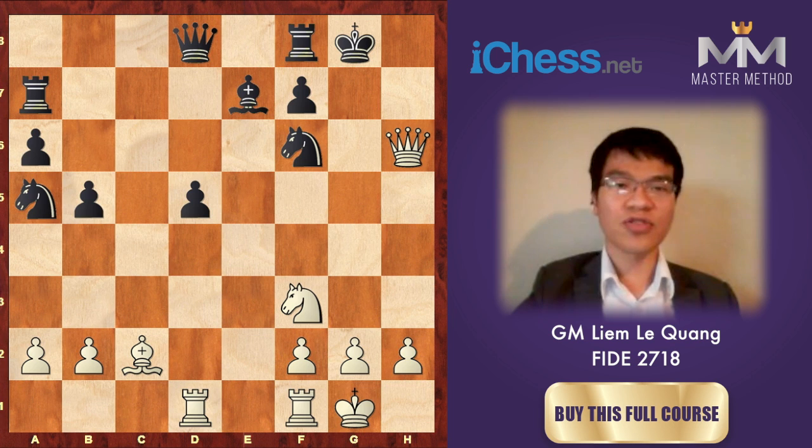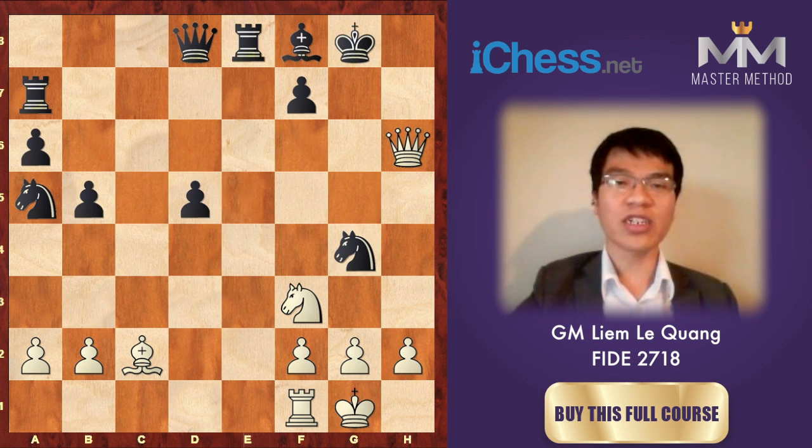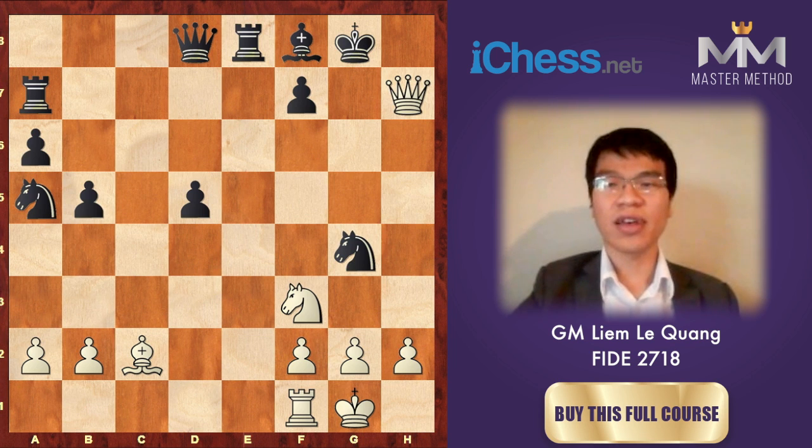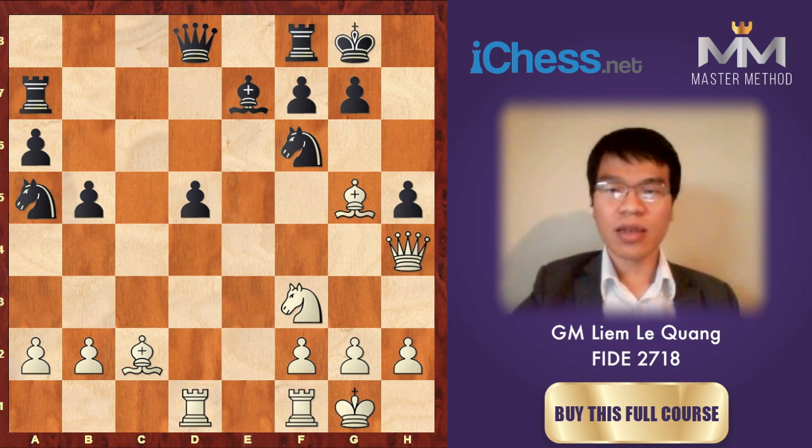This attack is so strong, white is threatening rook to d4 and rook g4 or h4 just to checkmate black. For example, rook e8, rook d4, bishop f8, rook g4 check, knight takes g4, and queen h7 is checkmate. Therefore, Anand has to play h5,